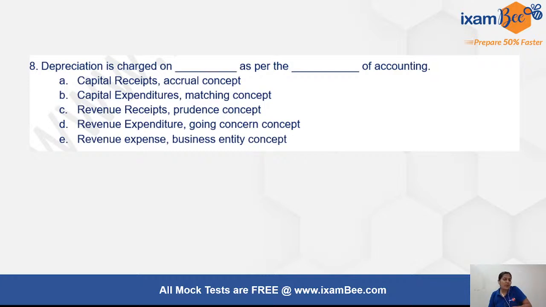Another conceptual question related to depreciation that came last year. Depreciation is charged on which type of expenditure or receipt, and it is charged because of which accounting principle? So these were two elements that were asked in the same question. So depreciation is a cost. It is not a cash cost. That means it is more of a book entry to depict the kind of usage of any of your fixed